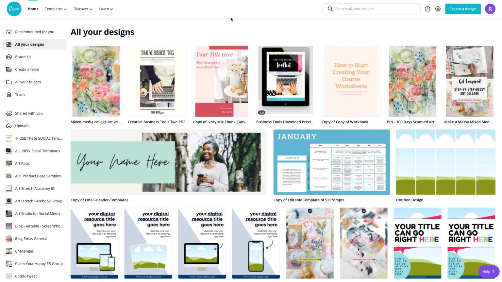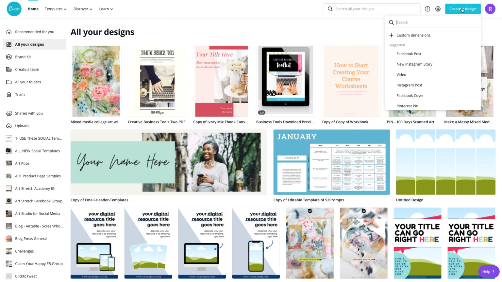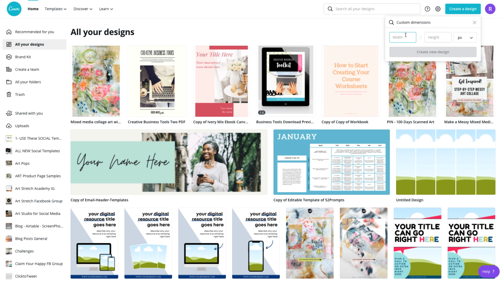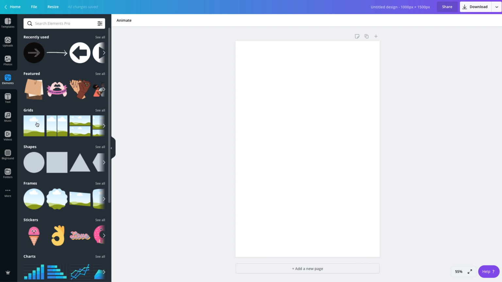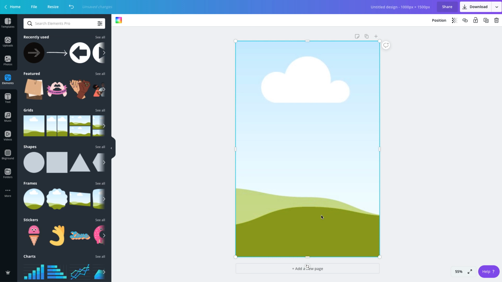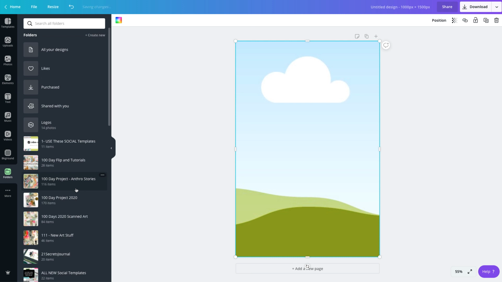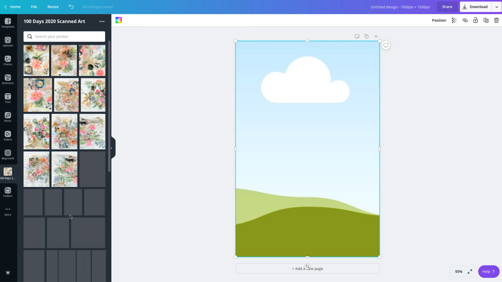So the first idea I want to show you is creating a pin that will feature just your artwork. And I like to use 1000 by 1500 pixels, which is the 2:3 ratio that Pinterest likes. So I've got this template started and just going to put in one of the grids here. And then I'm going to go to my folders. I am on a paid plan, and I'm going to go ahead and just pull up